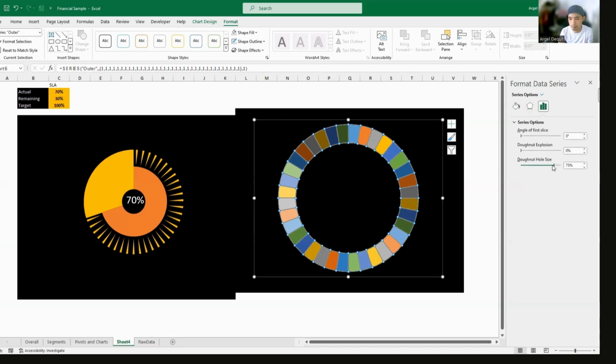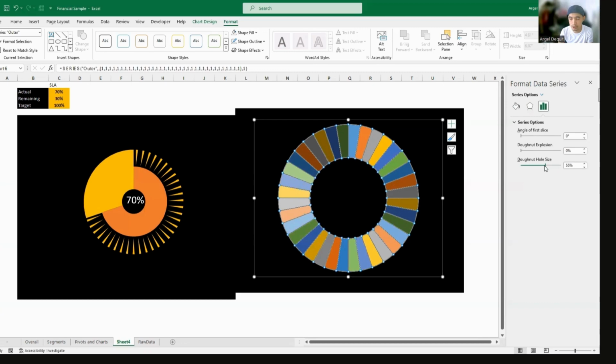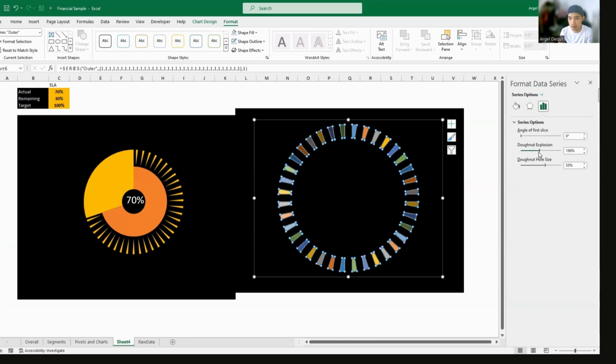This will heighten the outer sizes of your chart, and this will make our chart thinner. Make sure to adjust it according to how you like to see them. I think that's fine for me.